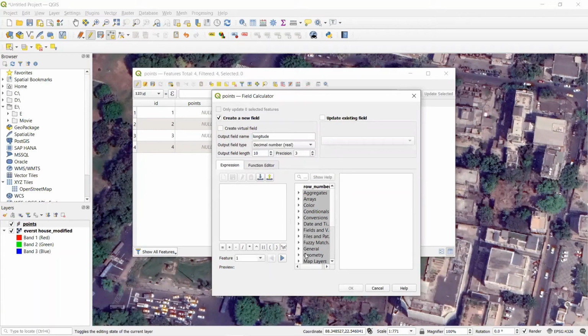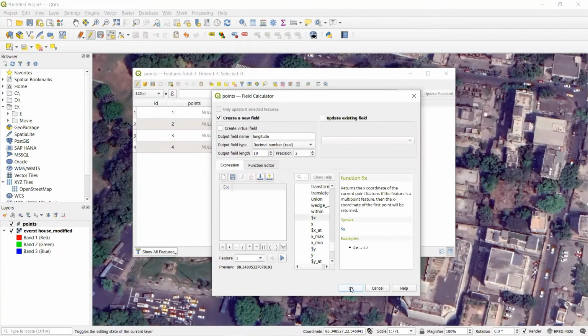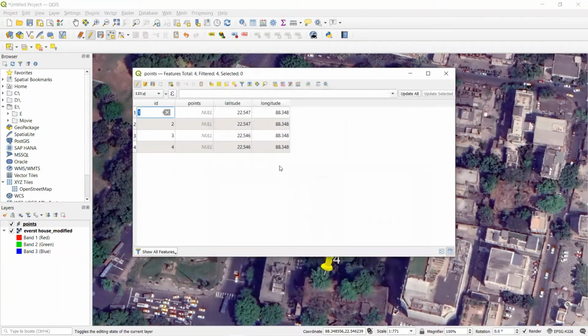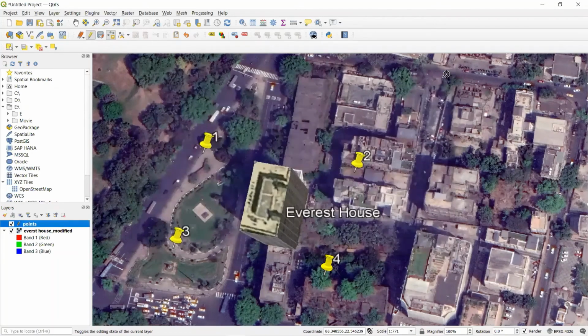In the row number, click the geometry drop down menu and select $X. Double click on the $X, then click OK. As we can see here it is showing the latitude and longitude values of the building. Close the dialog box.